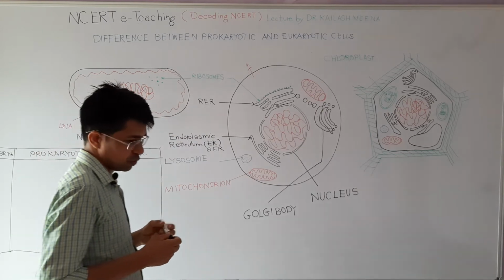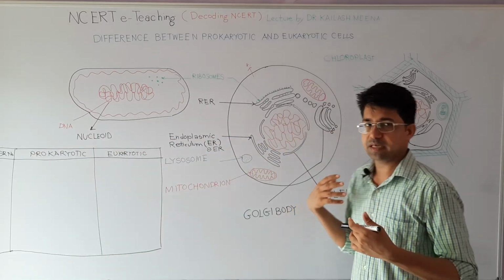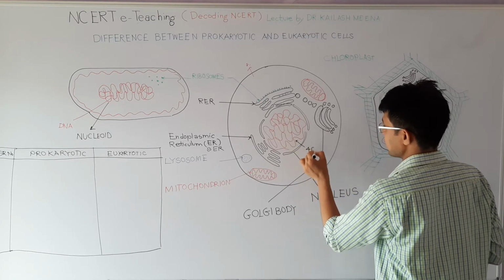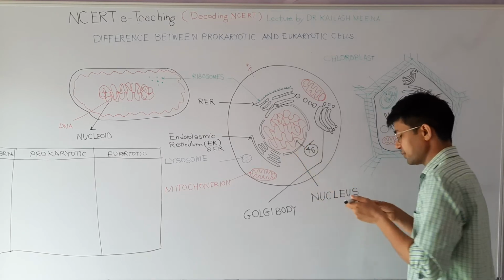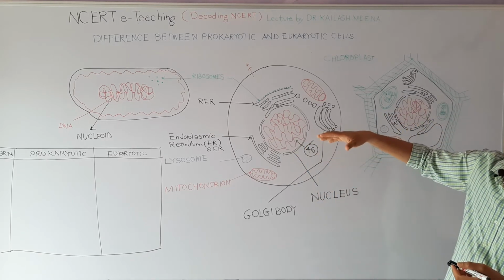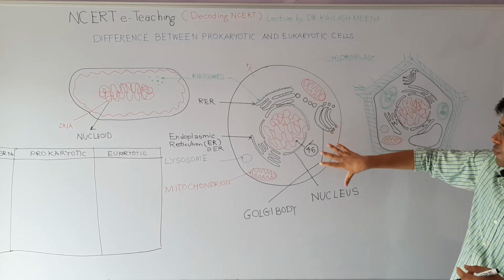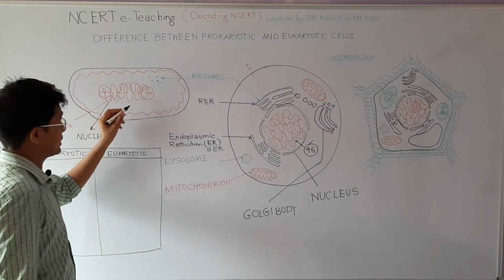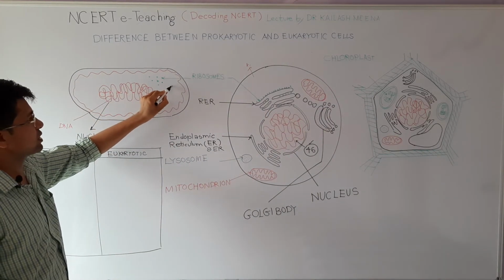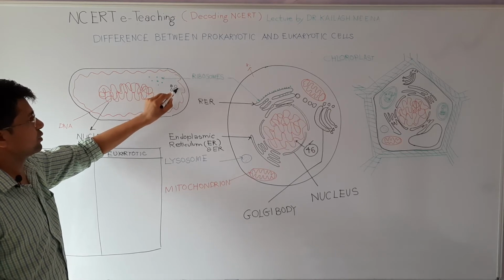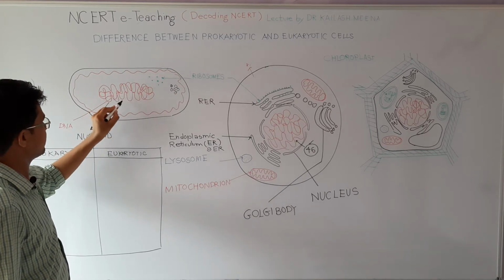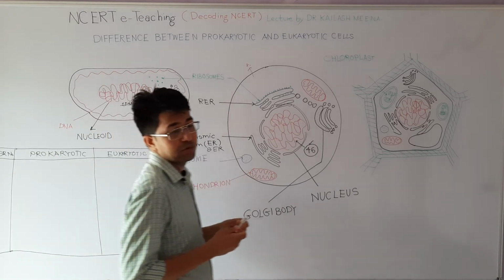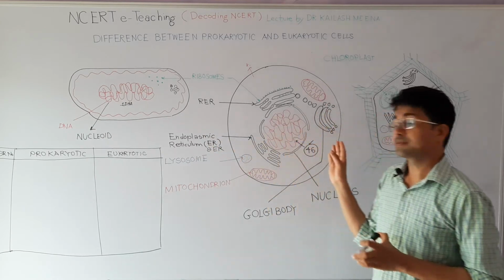Plus one more thing, eukaryotic cells have many DNAs. For example, if we take the example of a human cell, we have 46 DNAs in our cell, 46 DNA molecules intertwined with proteins. Those proteins are called histone proteins, we will learn in higher classes. So we have 46 DNA molecules, but most of the prokaryotic cells only have one DNA, the major DNA. Otherwise there are some other circular DNA which are called plasmids, but that you will learn in higher classes. Here we have only one DNA molecule. This is also a difference. Prokaryotic cells have a single DNA molecule, eukaryotic cells have multiple DNA molecules.